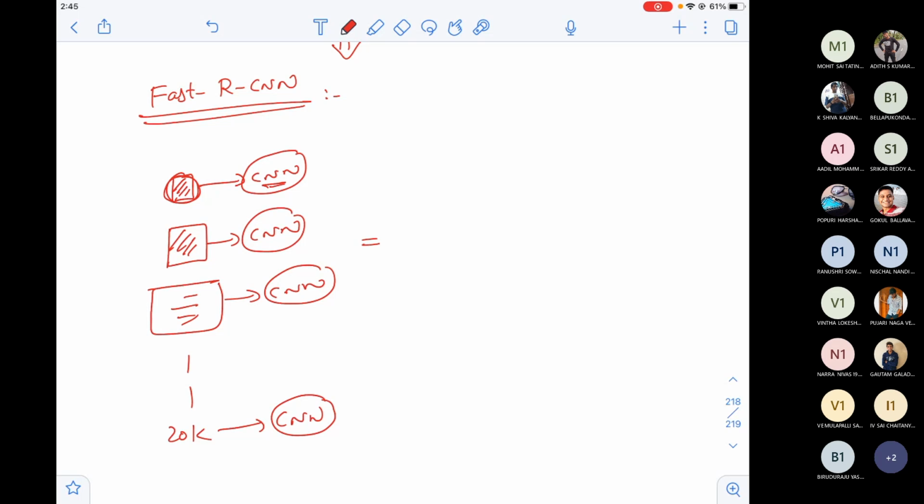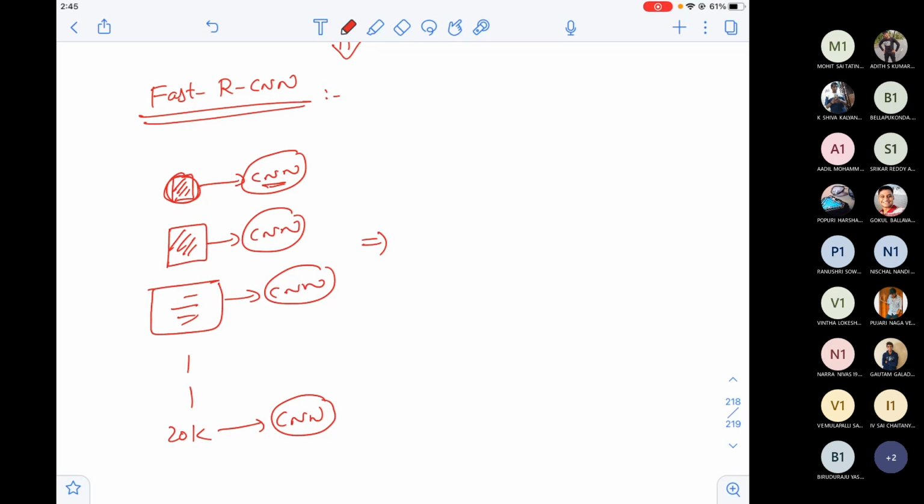Can I think of something like this? Any solution you can think of? How do I avoid passing these many times? I have to pass only one time, irrespective of the number of cropped images. Somehow I need to design a solution where I pass only one time to the CNN. How do I redesign my architecture?